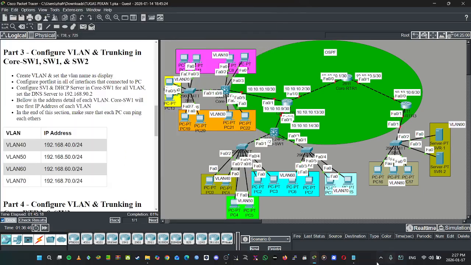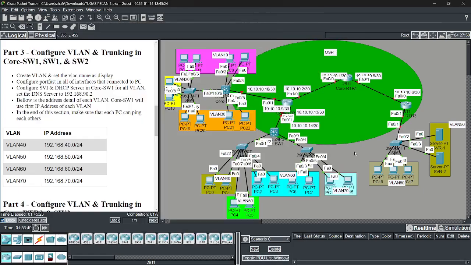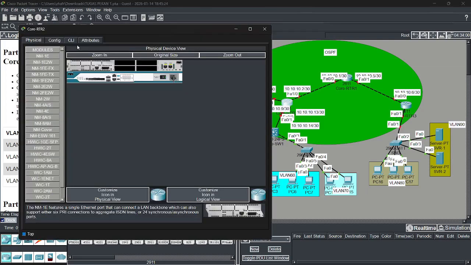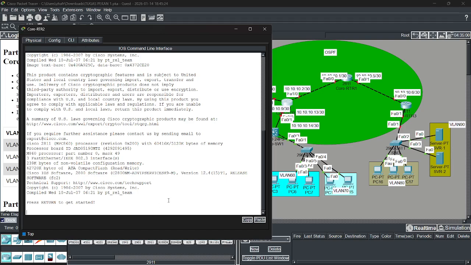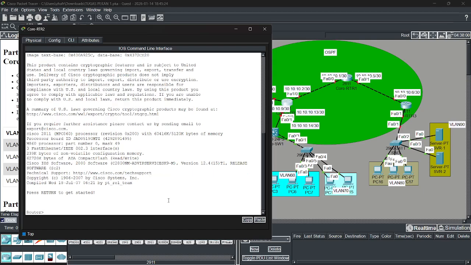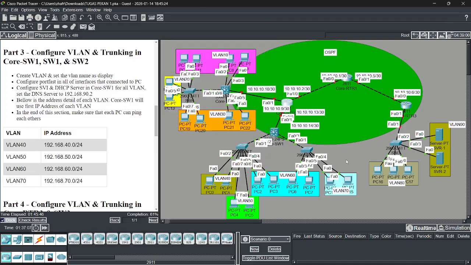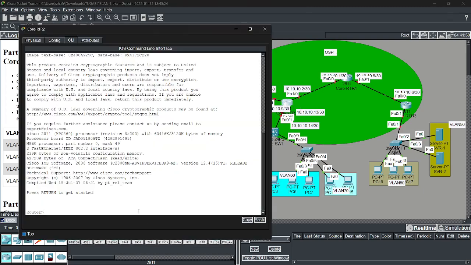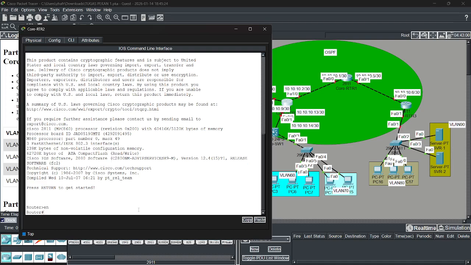Okay, we go to router 2. As you can see in the topology, the route is red like this. The port is shut down, and we need to enable it, because this is a router, not a switch. If it is a switch, the port is always active, but the router is not. Okay, we need to enable it.